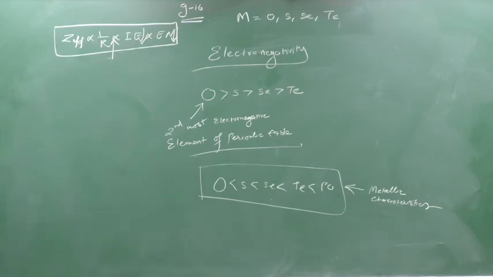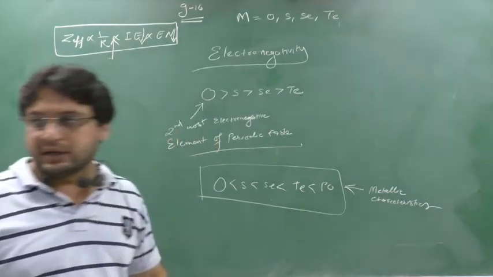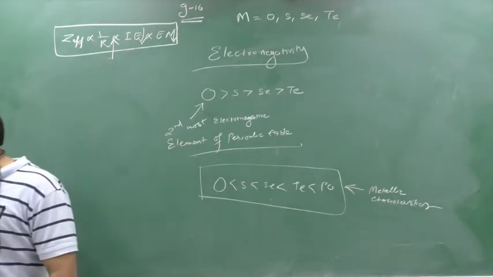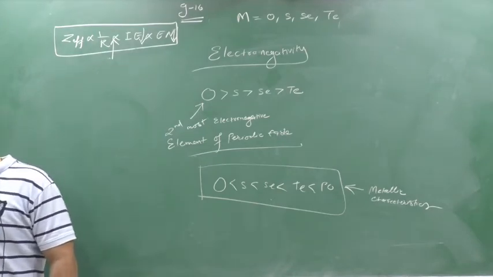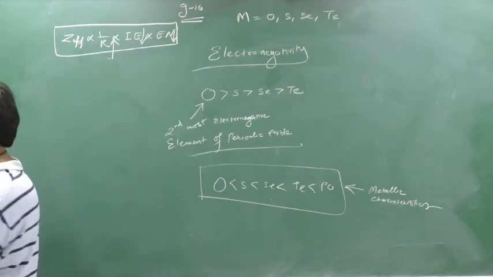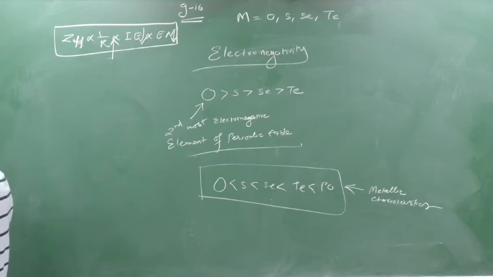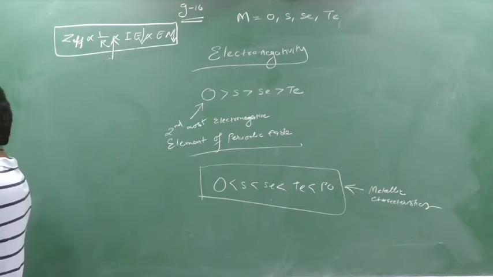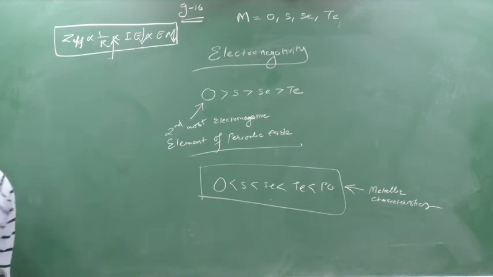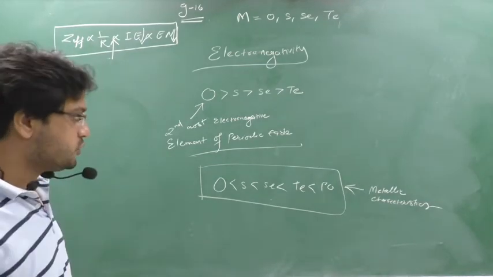So next topic, one small topic I will take, that is the reaction with hydrogen, and then we'll wind up the lecture. Then from next class I will go directly to oxygen, the most important topic of the chapter. Then sulfur, and here there is one very important question: the industrial preparation of sulfuric acid, the contact process, and a little bit about sulfuric acid also. Clear?